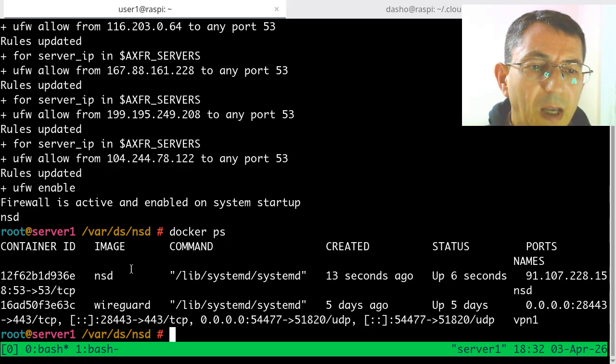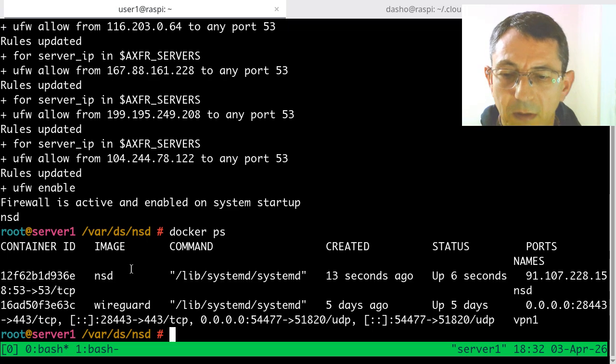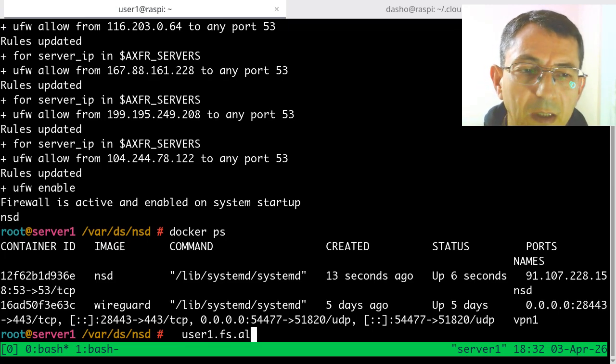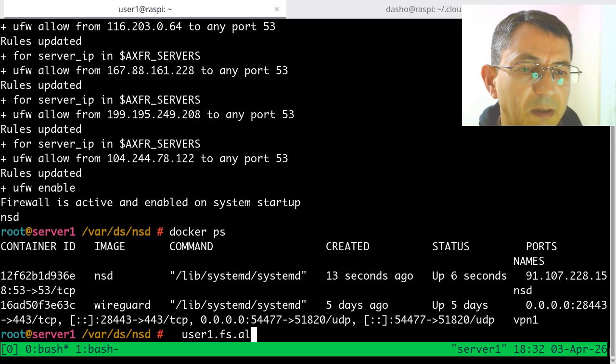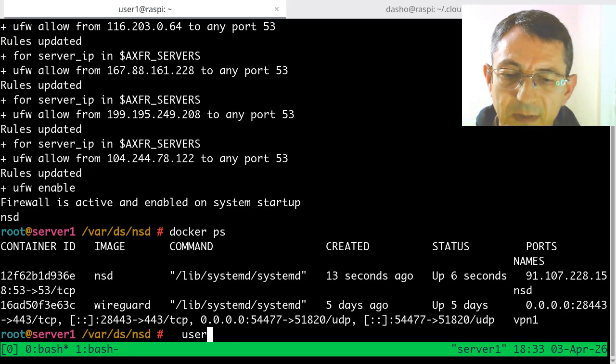Now, I have not told the secondary name servers what is the primary name server for this domain. The domain that I want to use is user1.fs.al. So I have to tell them that for this domain, the primary name server is this VPS. And the IP of this VPS